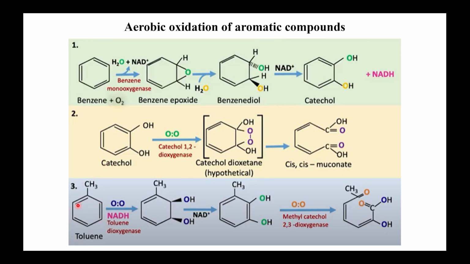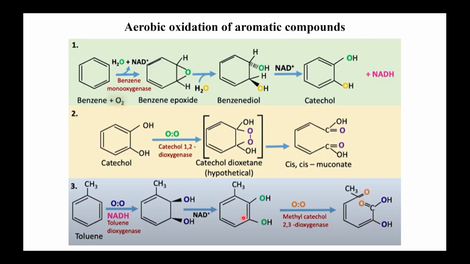So another aromatic hydrocarbon is toluene. Toluene is basically benzene with a methyl group substituted on one of the carbons. So, a methyl group on the benzene. Now when toluene is oxidized by a dioxygenase, since it is a dioxygenase, in a one-step process we will have 2 OH added. In case of monooxygenase, it was a two-step process, because in one step it can add only one OH. This toluene dioxygenase can add 2 OH at the same time in one step. These 2 OH will then get further oxidized into carboxylic acid groups.